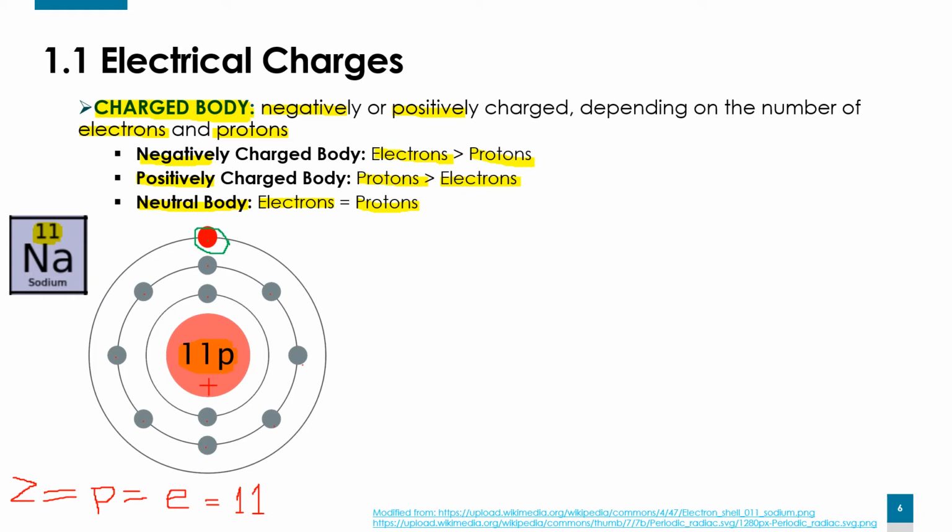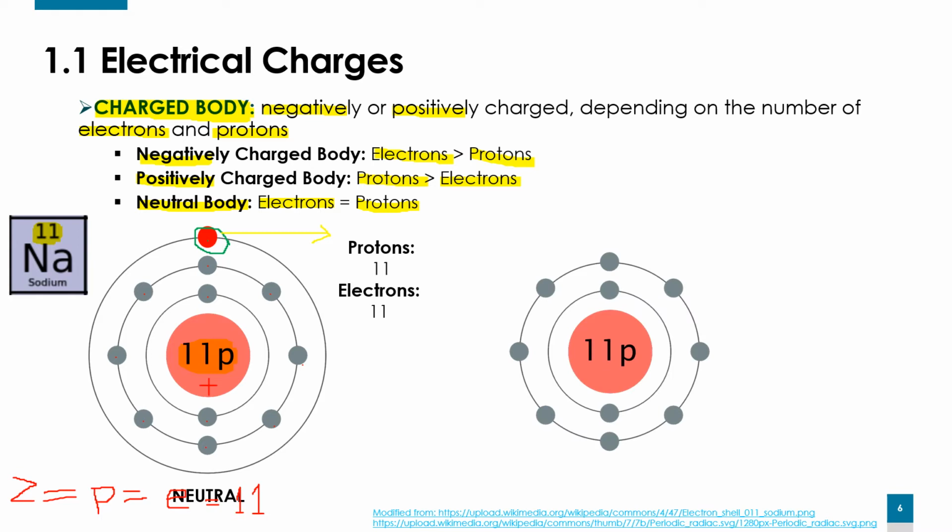But if you remember chemistry, is this element stable like that? No. Why? It doesn't have 8 electrons in the last shell. So for it to be stable, it's going to lose this electron. When it loses this one, the next shell is going to contain 8 electrons. Then it's going to stay stable. So let's pretend. In this case, my atom is neutral, but it's going to lose an electron. So I have 11 protons, 11 electrons.